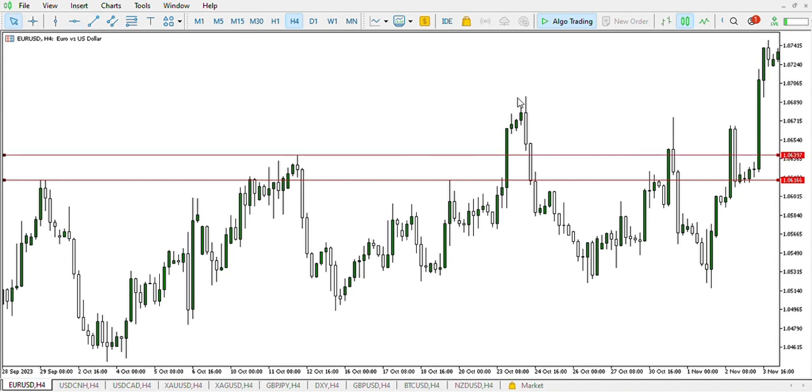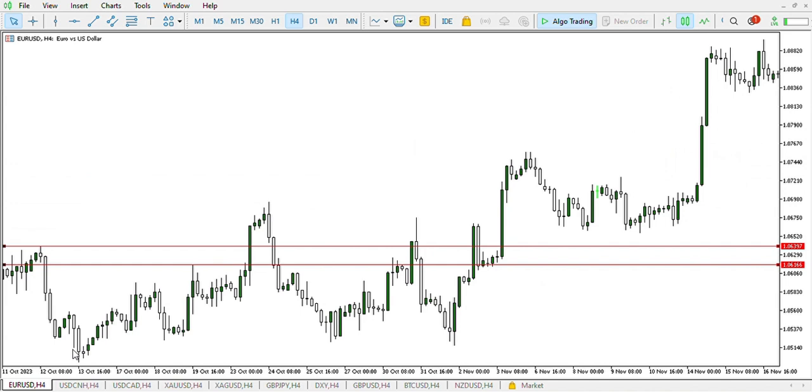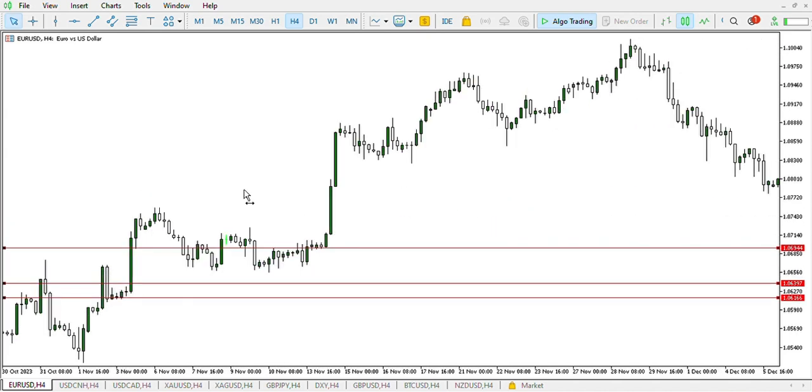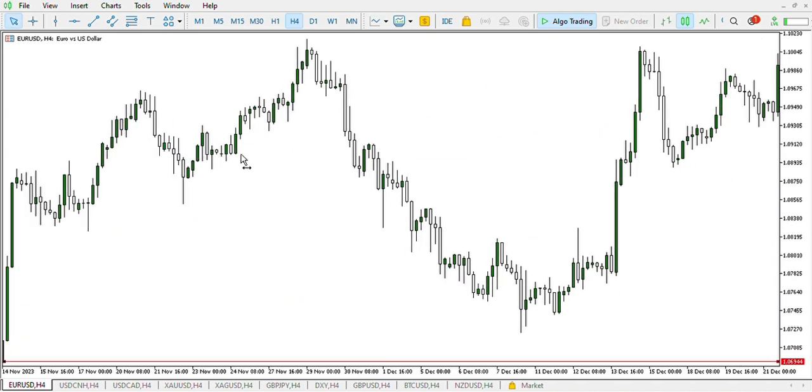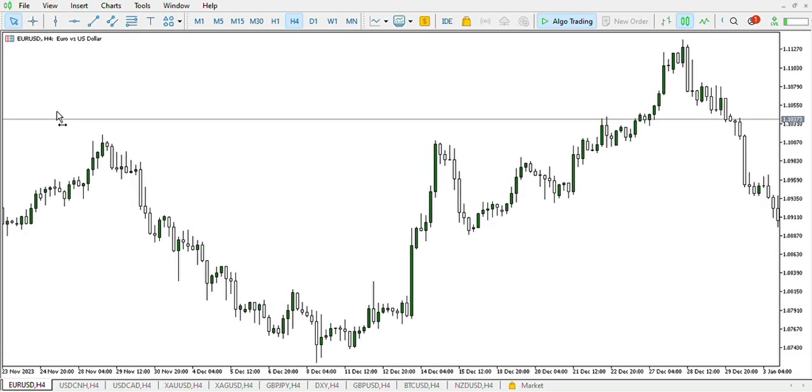Then thereafter, what do you have? You have a correction to this lowest point, and it's broken again. And you can see now we have three higher highs, and the market continues to push up. So that is how you identify a bullish market structure. And to identify a ranging market structure, as I've said earlier, you see price bouncing from